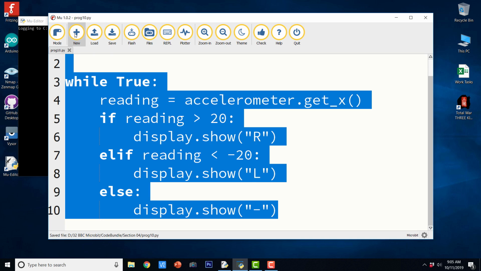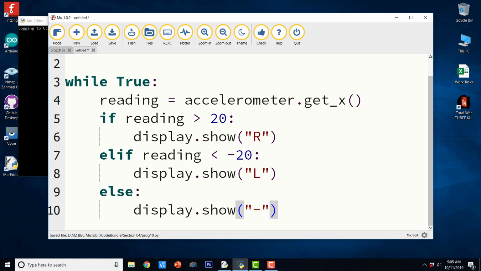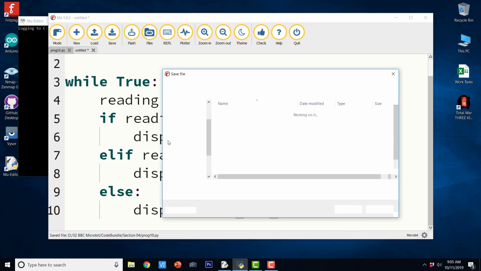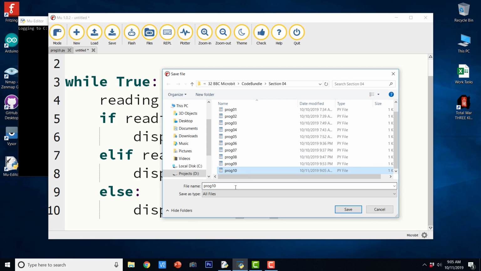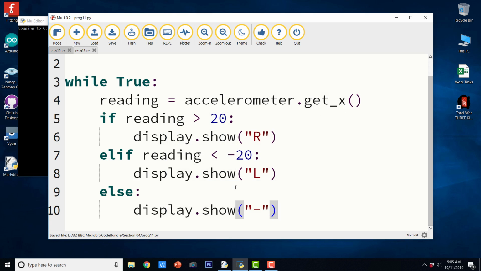So let us save this and create a new code, and let us save the new program also. I'm going to save it with name prog11.py, and we just need to make a small change. So here we just need to say y, and here we just need to say b for backwards, and f for forward.